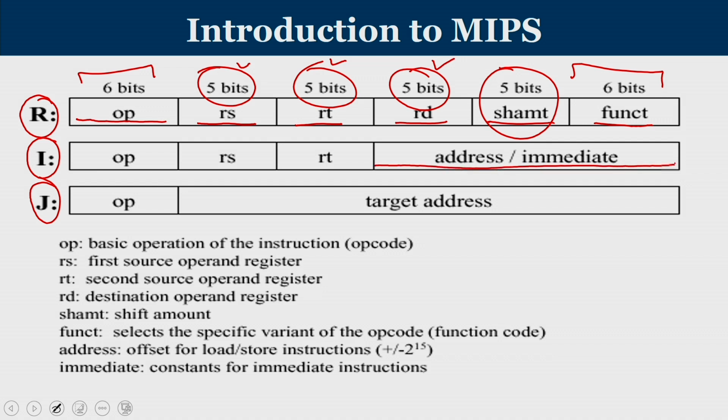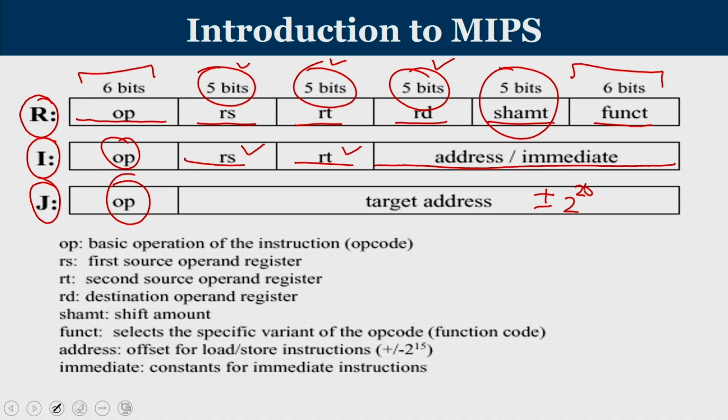The last 16 bits are used to represent a portion of an address or an immediate value, and the first 6 bits are the opcode, and you will have one source register and the other one is used as the base register. When it comes to the jump instruction, you have a 6 bit opcode followed by the remaining 26 bits, which is called the target. So, any jump in the range of plus or minus 2 power 26 is permitted here.